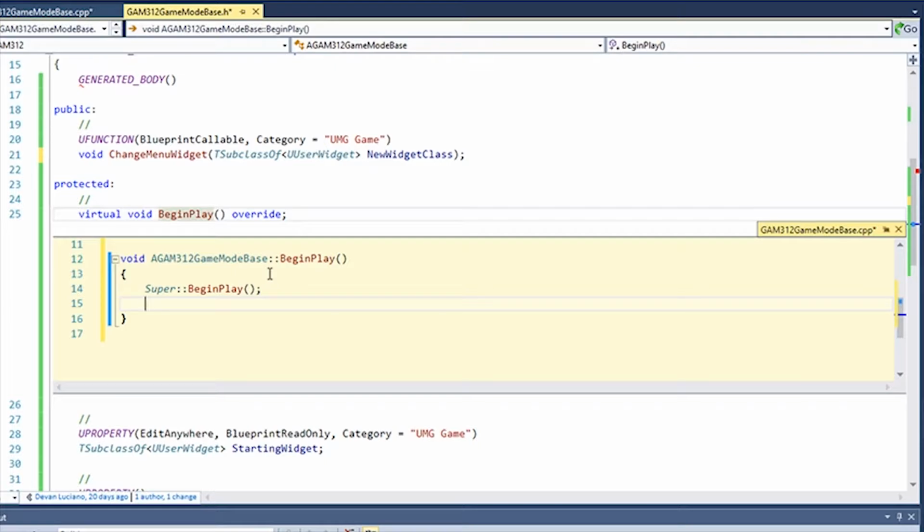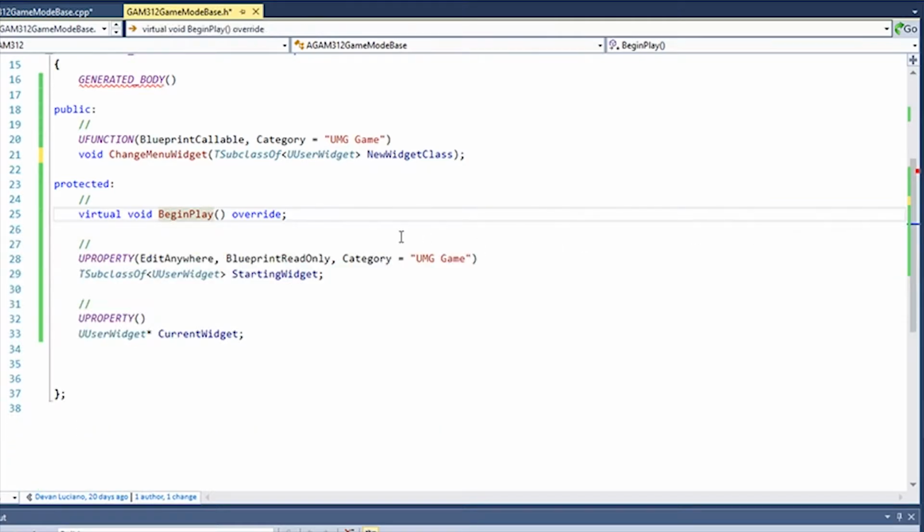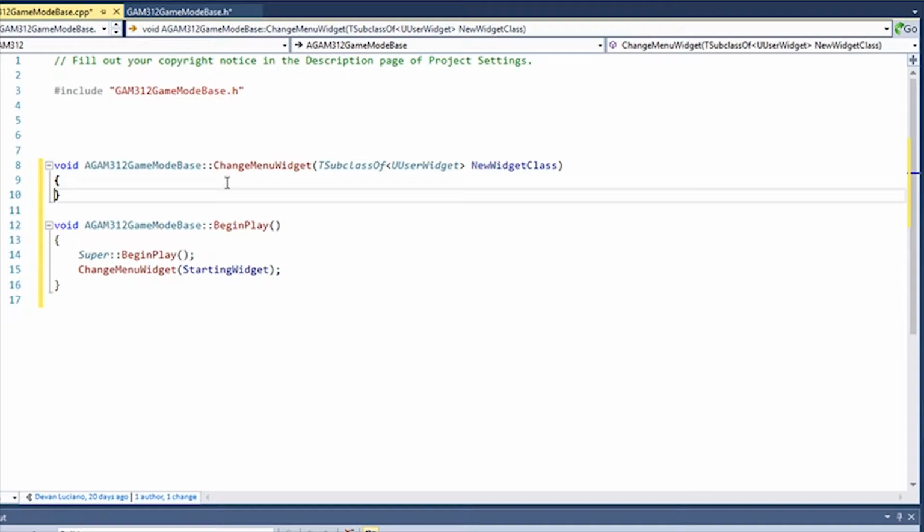And then here, we're going to go ahead and set the initial state. So we're going to call change menu widget, and we're going to pass it in the starting widget. Alright, so that's our begin play, and we can continue on from here and go over and type in our